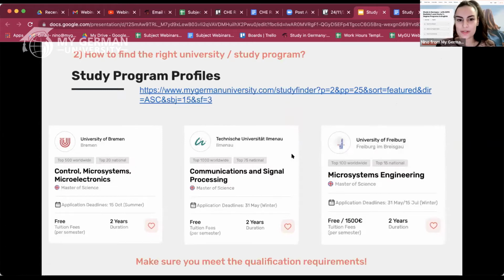One more thing is about the study programs. They are not always called Bachelor in Electrical Engineering or Master in Electrical Engineering. So the wording can be different, and our study finder will happily filter out all the programs which are connected to electrical engineering for you if you choose the correct function or filter, which was already shared in a link. So the naming can be different, as you will see today as well. There are different namings of the programs, which is always very intriguing and interesting.